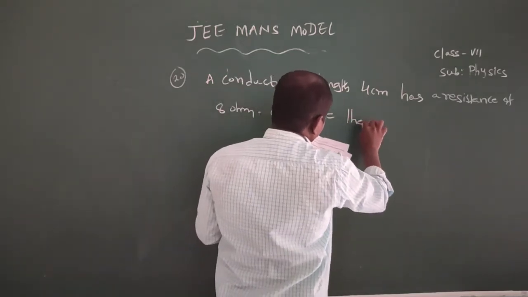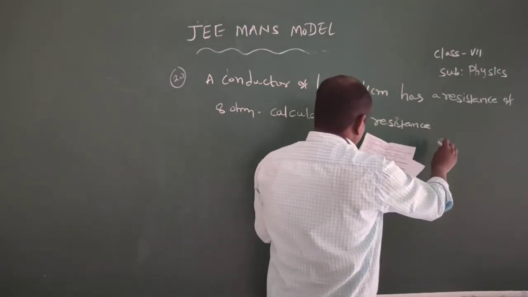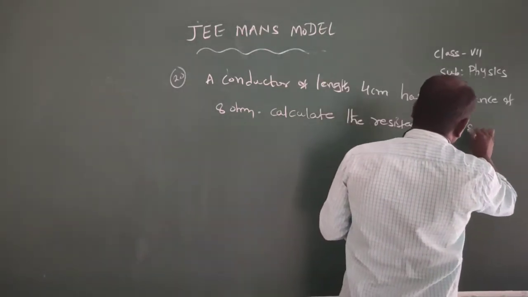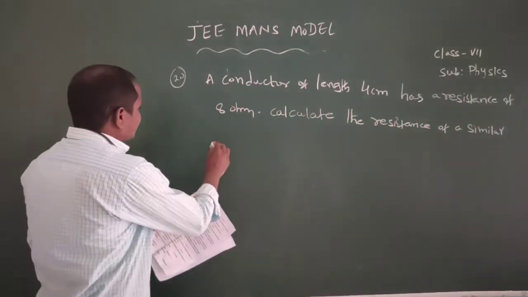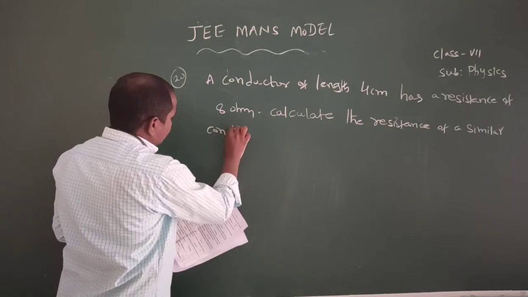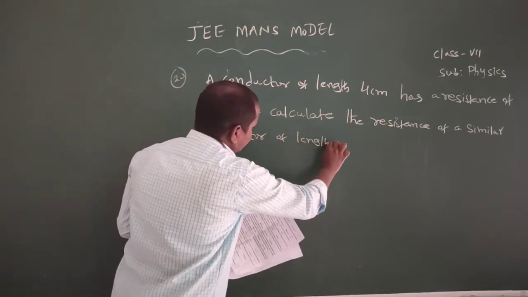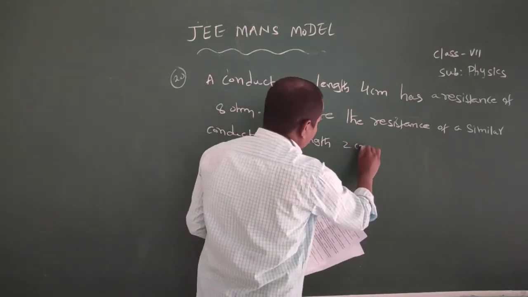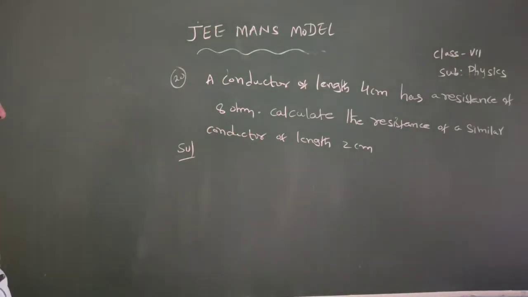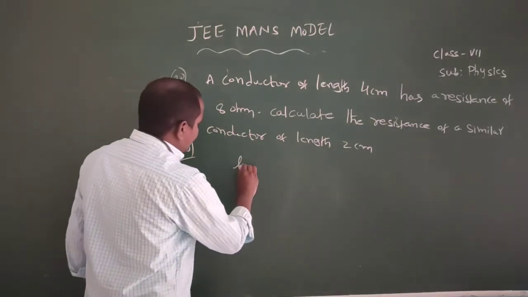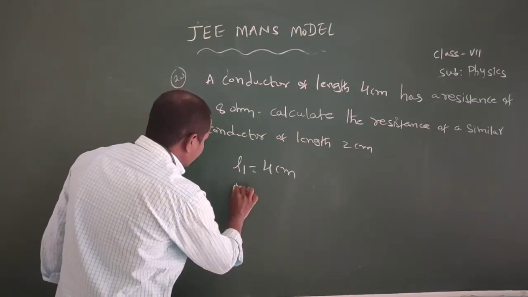Calculate the resistance of a similar conductor of length 2 centimeters. So here L1 is given, that equals 4 centimeters,